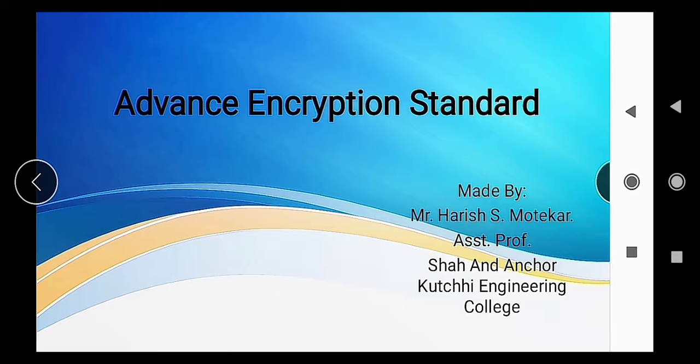It uses a key of 64 bits in the initial stages, but after some transformations, a 48-bit sub-key is generated, and that 48-bit sub-key will be used in all the rounds. It has a total of 16 rounds, and in each round it requires a separate sub-key of 48 bits.